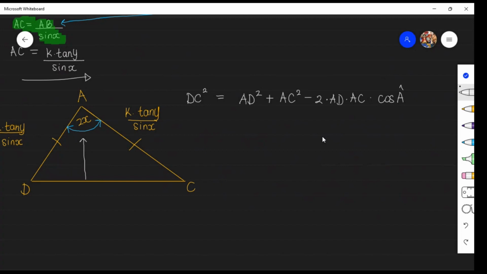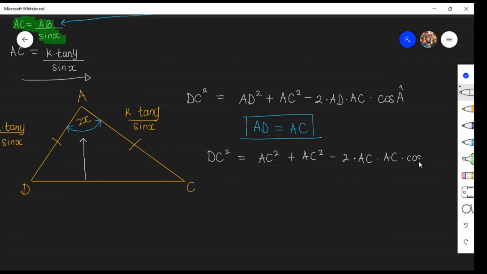If I were to substitute k times tan y all over sine x into this equation, it's going to be quite complicated. I'm going to try and simplify this while it is in this current form. So what do we know? We know that AD is equal to AC. That is important. We were told that. So in place of AD, I'm going to substitute AC. So this is then going to become DC squared equals AC squared plus AC squared minus 2 times AC